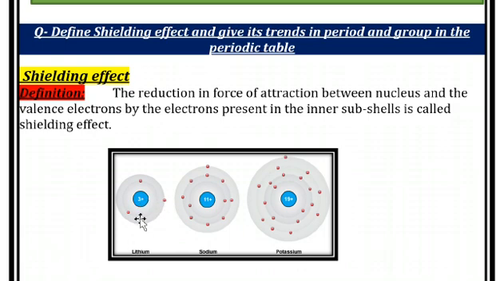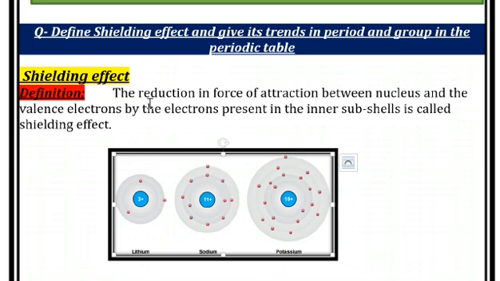Now in lithium, you can see there is 1 shell between the outermost shell and the nucleus. What happens if the inner shells increase, as in the case of sodium? The outermost shell again has 1 electron, but now there are 2 inner shells. They cause more reduction in attraction between the nucleus and the valence shell, because there are more inner shell electrons. The first shell contains 2 and the second contains 8. The total of 10 electrons will reduce the attraction between the nucleus and the valence shell electron.